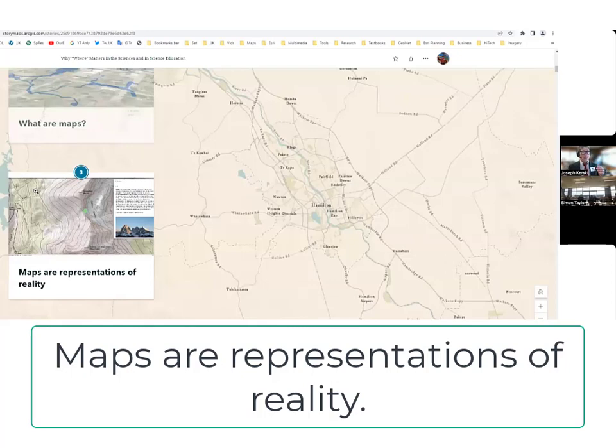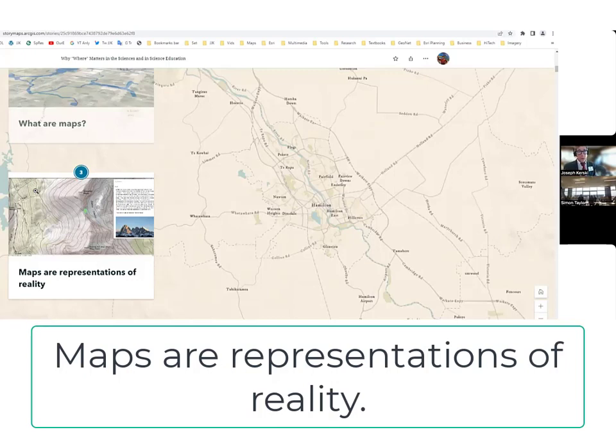They have distortions. For example, we're trying to portray the complex three-dimensional Earth onto a two-dimensional map or a 3D scene on our computer. So we have map projection issues. We have what to take out, generalization issues. We have other representational issues, how to symbolize, how to classify the data on maps. And all of these, I believe, provide excellent teaching moments for you in the classroom, excellent moments of inquiry.